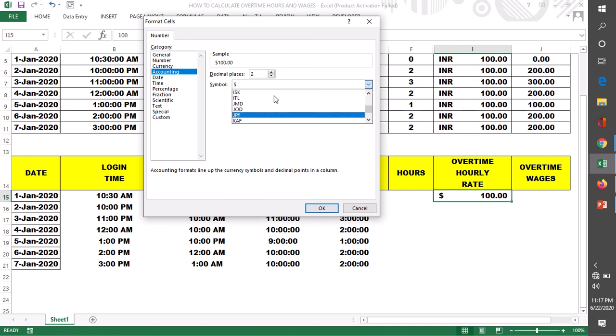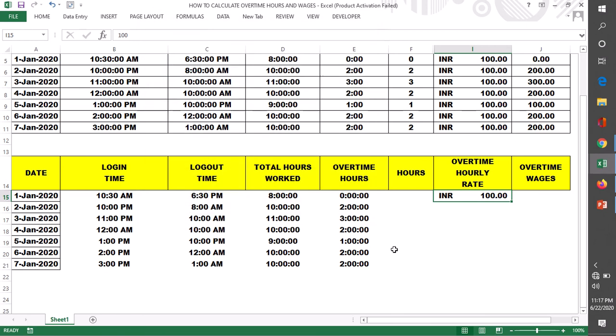INR, Indian currency, INR. Okay, right? And let me double click it.